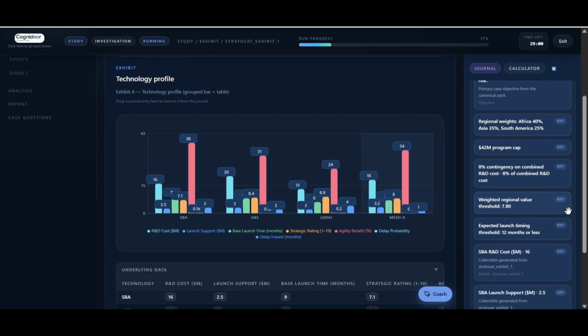Now, for timing, it gets a little bit more complicated. Here, for SBA, we drag the base of 9 because that's our base launch time. And then we drag the delay probability of 0.18 because that shows us our probability of not reaching our expected completion time. And then we drag the delay impact of 3 because that shows us how many months would be impacted if we delay. For ABS, we drag the base of 8,